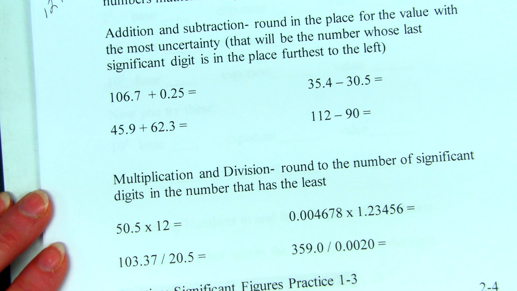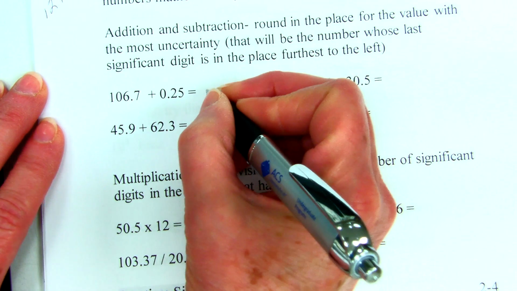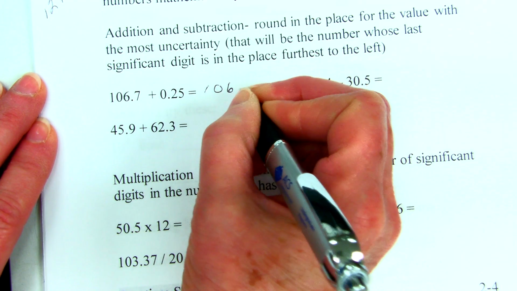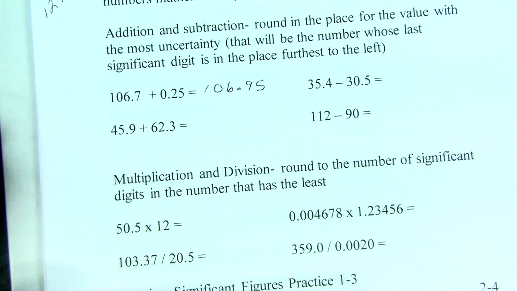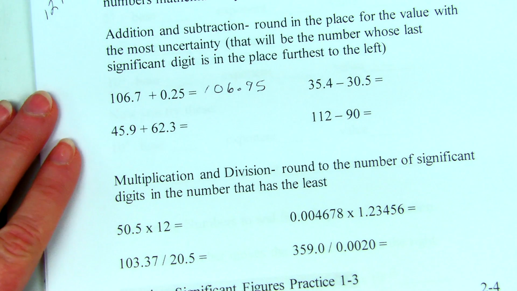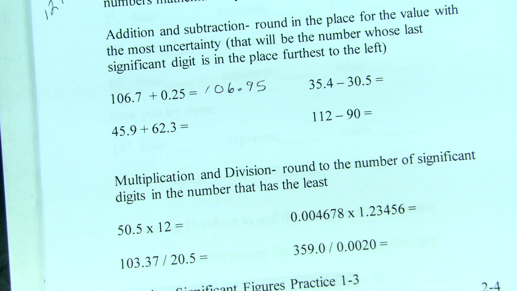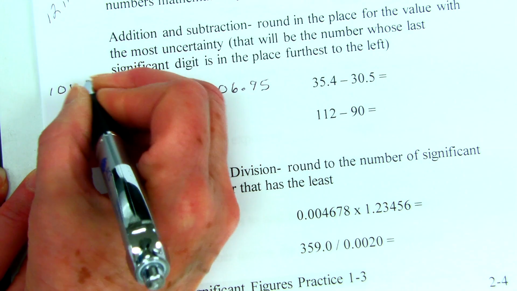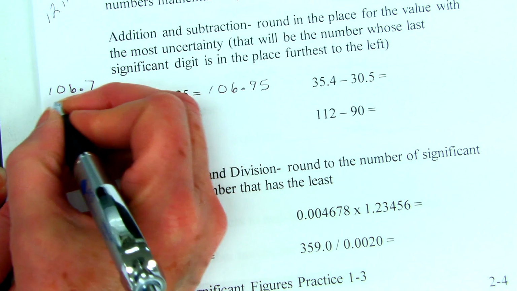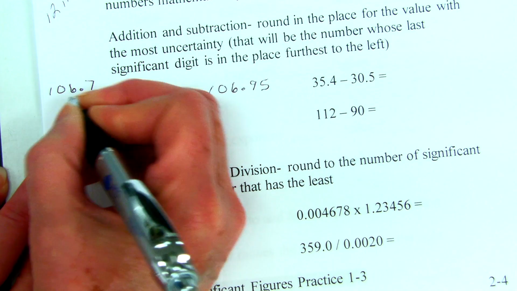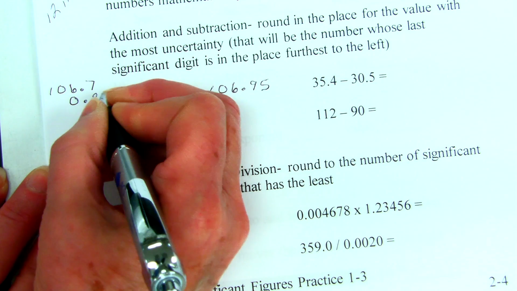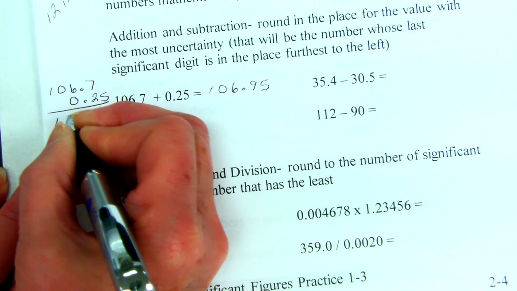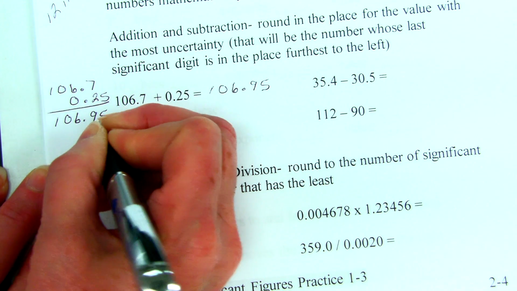So when we look at this, our calculator says 106.95. And that's what we're tempted to write down, but that is not correct. We have to think about significant digits. So the way I like to do this is line the digits up on top of each other, because then I can see how this works. 106.7 and 0.25. Now, when I look at them this way, 106.95, and I look at them stacked up,